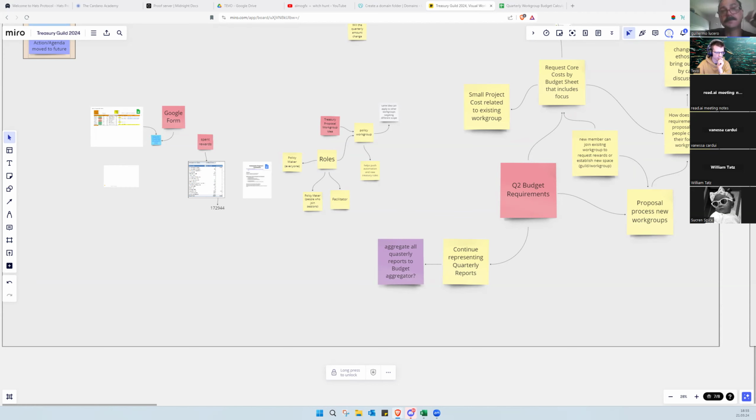And if a work group says, look, we just facilitate ourselves, we'll just chip in, we don't need a facilitator, then they can say that, but at least we know they've thought about it. And it's not just because they haven't considered it. Yeah, I agree. But as we scale this,